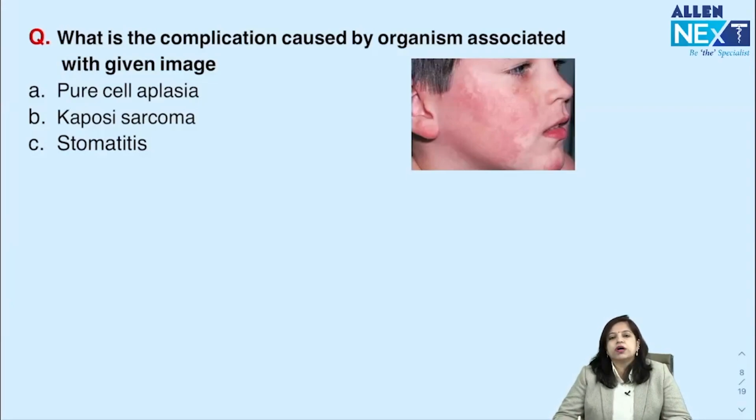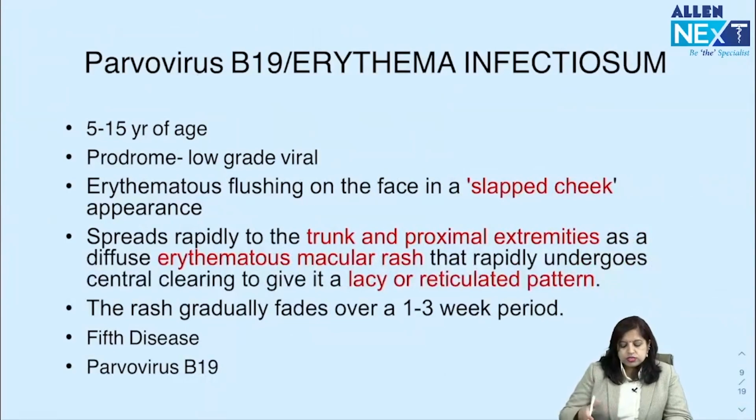So this is nothing but the answer was pure red cell aplasia over here because of the aplastic crisis caused by parvovirus B19, which also gives rise to a slap cheek appearance. So this is the typical erythema infectiosum that has been discussed over here, usually seen in the age group of